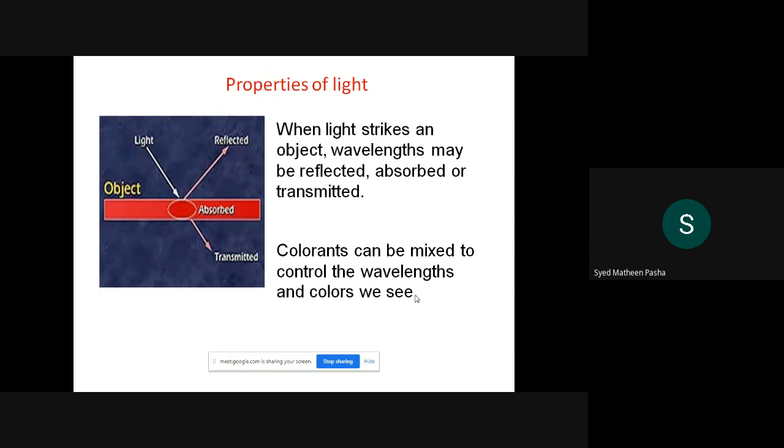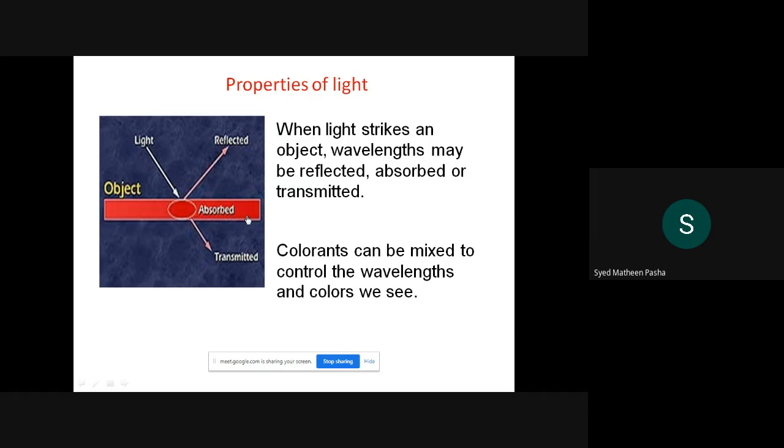When this light is incident upon an object, some frequencies are absorbed and some are reflected, and the reflected light is what is seen from that particular object. The combination of reflected frequencies decides the color of an object. Check out here, this is the reflection happening. If the combination of reflected frequencies changes, then there are different colors in that particular object. If these frequencies keep on varying, lower or higher as well, you will get a different form of that particular object.